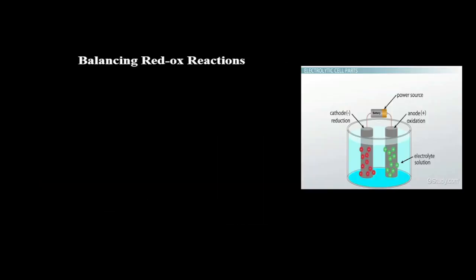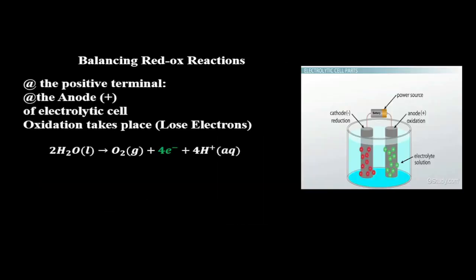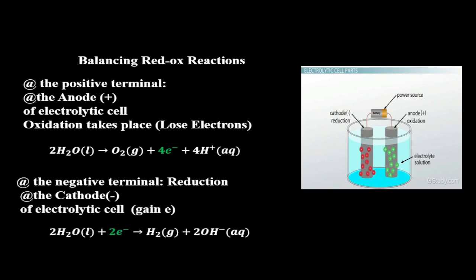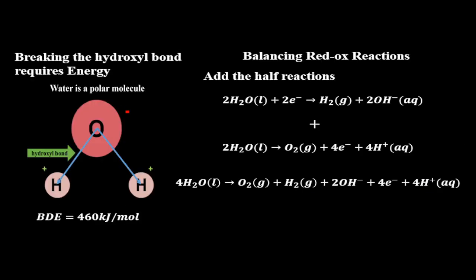At the positive terminal, anode, oxidation takes place. H2O loses electrons. The equation would be: At the negative terminal, cathode, reduction takes place. H2O gains electrons. The equation would be: We will now add the half reactions and get, as we are expecting,